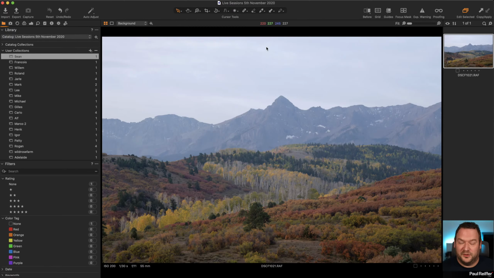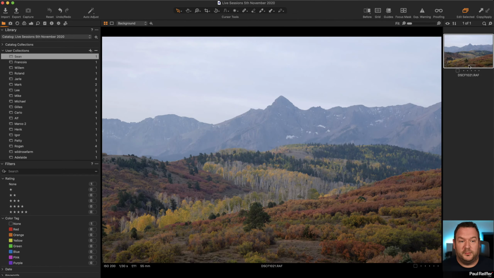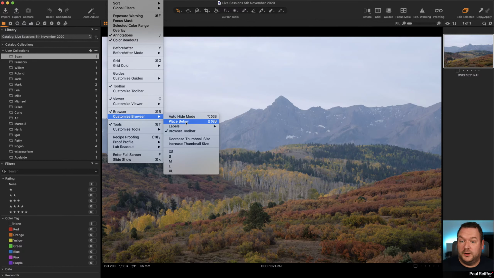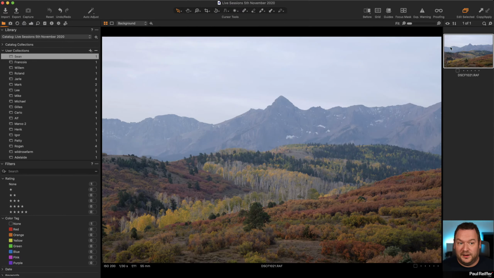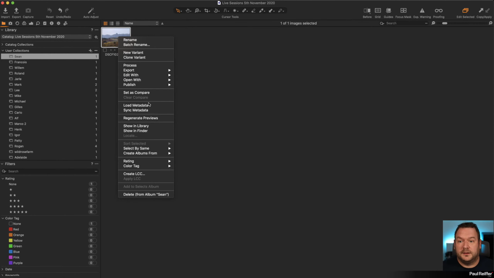that tells you exactly how to send an EIP file. But for those of you that are a bit confused, I'm just going to get rid of our viewer a second. So this is my browser. The browser normally sits up here or on the bottom, depending on what I choose in my view menu. I can choose place below, which means it goes down the bottom, or I can choose place to the right, which is my default setting for these sessions. So in your browser, which is the little version of your image, let me just hide the viewer there, I can right click and go to